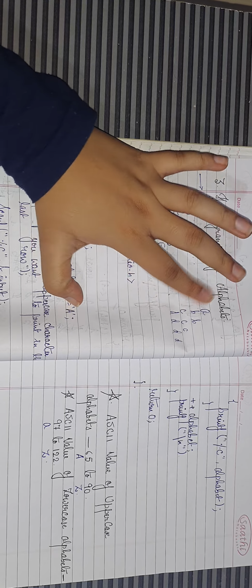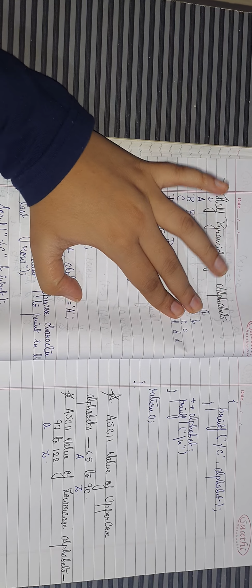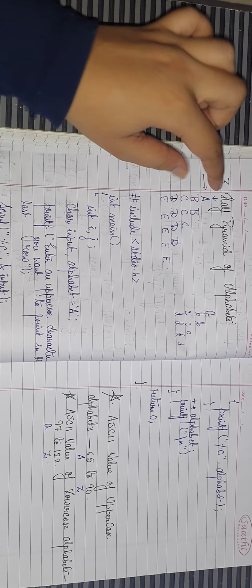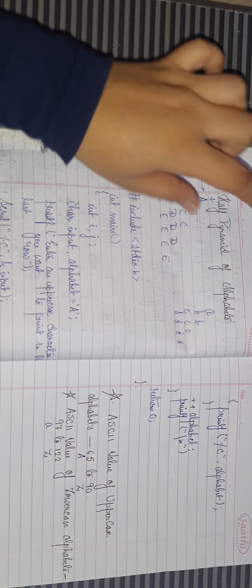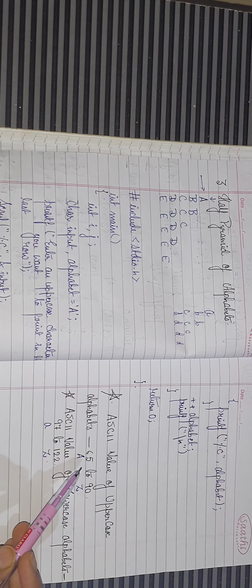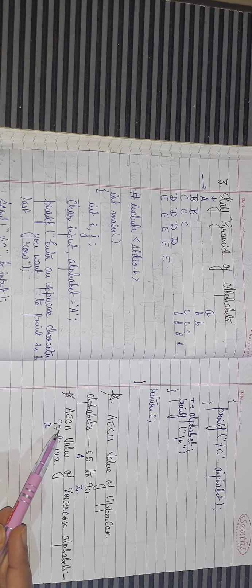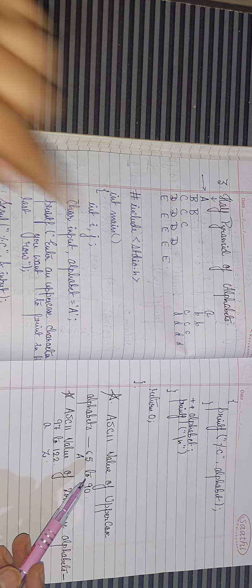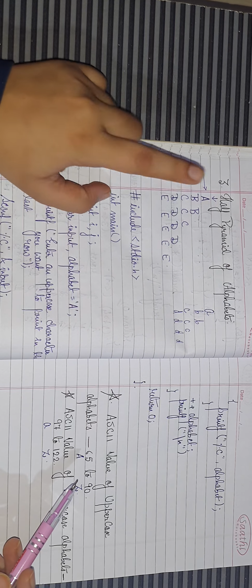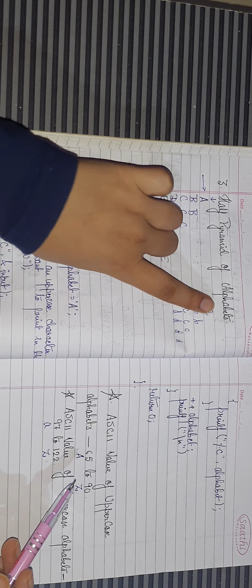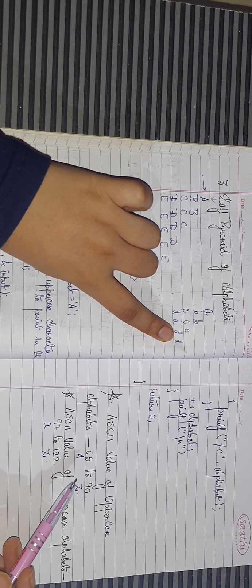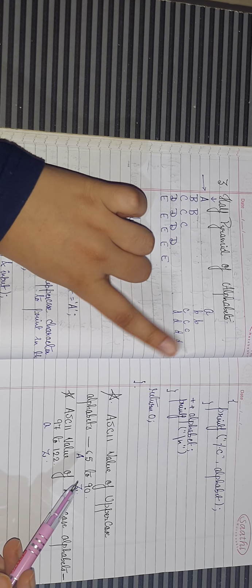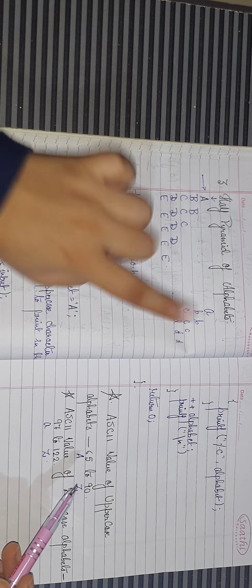Just do it by yourself if you don't get this point, because it is also the same as this one. This program is the same as this one, just with an ASCII value difference. That is, instead of 65 you will write 97. That's it. So I think you can do this one. I will explain this one only. If you are not able to do it, comment in the comment section, and I will tell you how to do this one as well, okay?